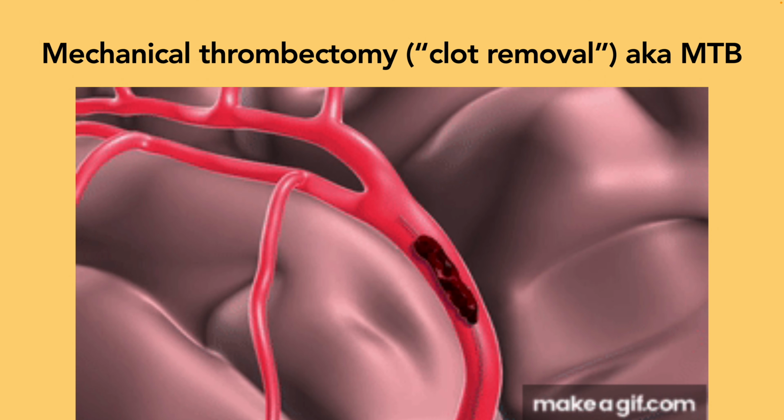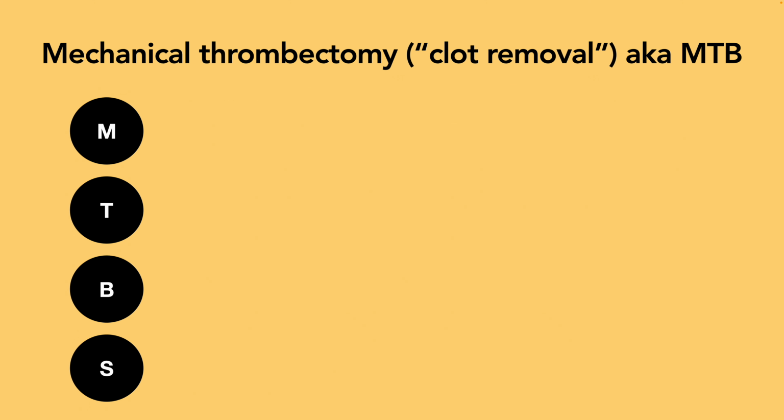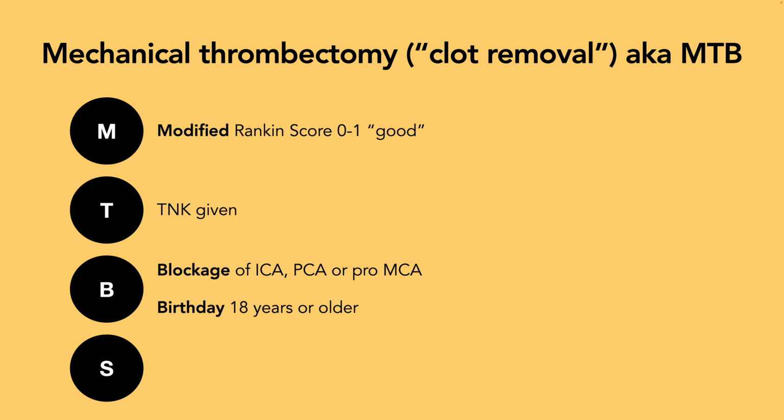It's a firm no. Now the mechanical thrombectomy, this is clot removal, okay? So MTB, mechanical thrombectomy. So in goes the balloon, stent is lifted up, and then out comes the clot. Yippee-doo-dah-day. If only life were that simple, eh? The people who can get it are a modified Rankin score, so that's a bimodal prognosis. So 0 to 2 is kind of good, and then 2 to 6 is poor. So if they have a good prognosis score, pre-intervention, if you're giving alteplase or tenecteplase, if there's a blockage of ICA, PCA, or a proximal MCA, then you can do it.